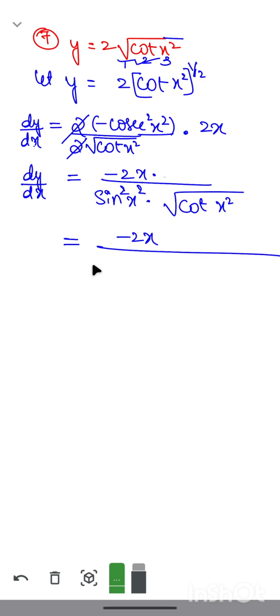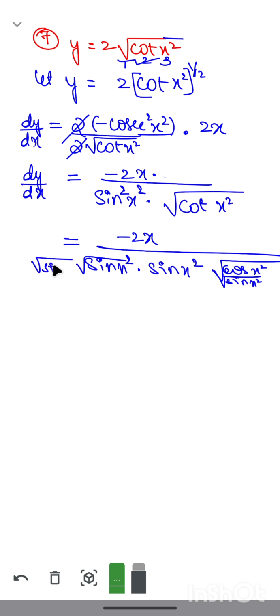So minus 2x is as it is, over sine of x square into sine of x square into root of cot of x square. This cot of x square can be written as cos of x square divided by sine of x square. The root is applicable for both numerator as well as denominator. So 1 by sin x square can be rewritten as 1 by root of sin x square into root of sin x square. From this, one term can be cancelled. Numerator root of sin x square and denominator root of sin x square are cancelled. We are left with minus 2x whole divided by